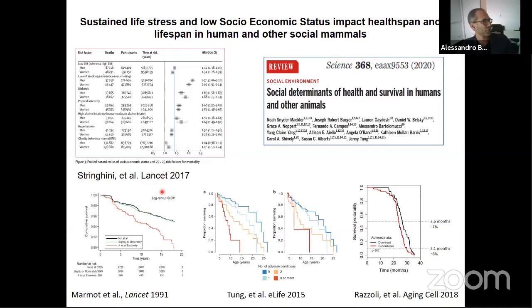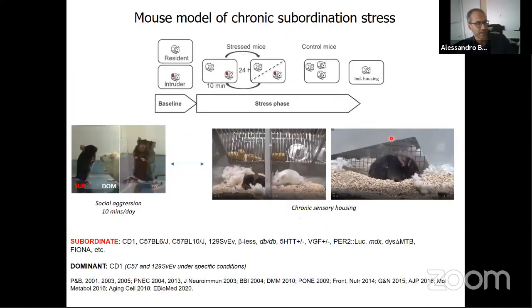In more controlled studies, the classical Whitehall II study, lower survival in people with high stress, similar in non-human primates, similar in rodents. And I will touch upon this at the end. And this year we published a review that summarizes some of these cross-species comparisons and the social determinants of health, and why social will become clear in a second. So how do we work on mice in my lab, mice, cells, and mechanistic studies? How can we study this severe social stress in rodents?